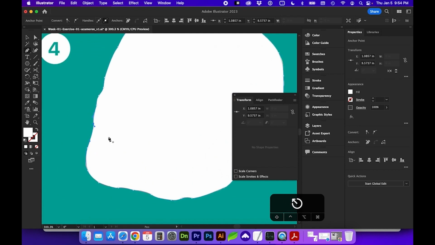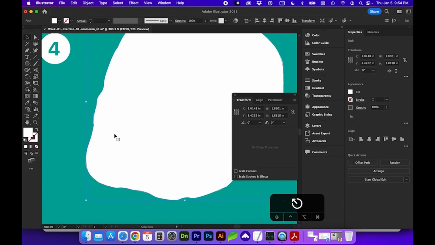All right, and now we've completed the shape. So you can go back to your direct selection tool. If it's easier for you to see the underlying object while you're drawing, you can decrease the opacity of the object, so making sure the object's selected, up here you can change the opacity,